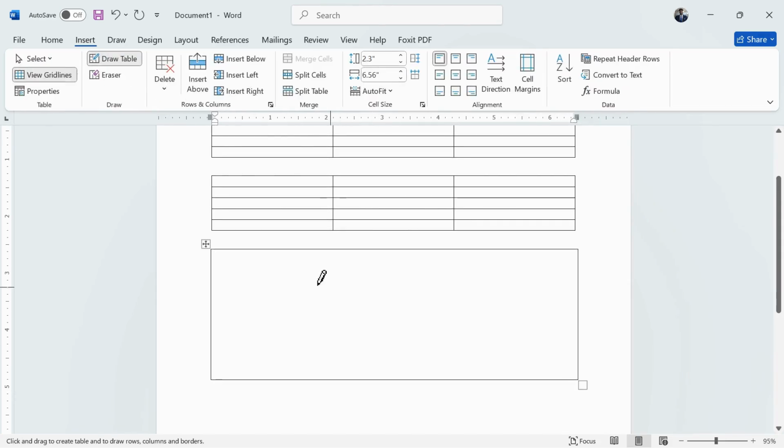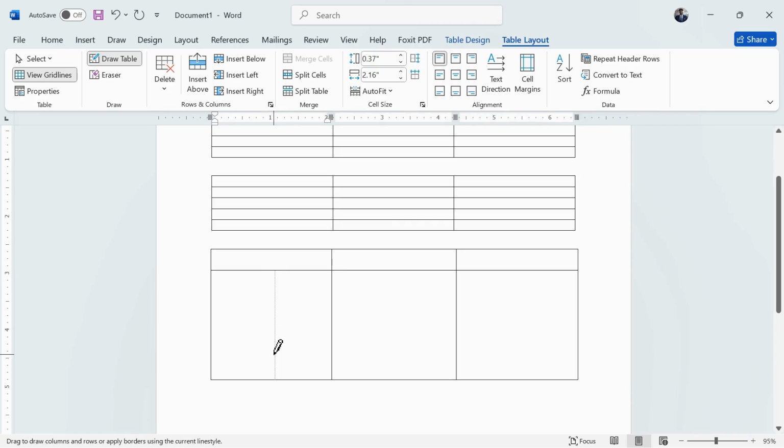Now, drawing table is one of the ways that can help us draw more complex tables than just tables that have columns and rows which are the same. But if at all you want to create tables that do not have uniform number of columns and rows, drawing table is your way out. Like for example, here I'm going to draw a more complex table than the ones that I've created above.